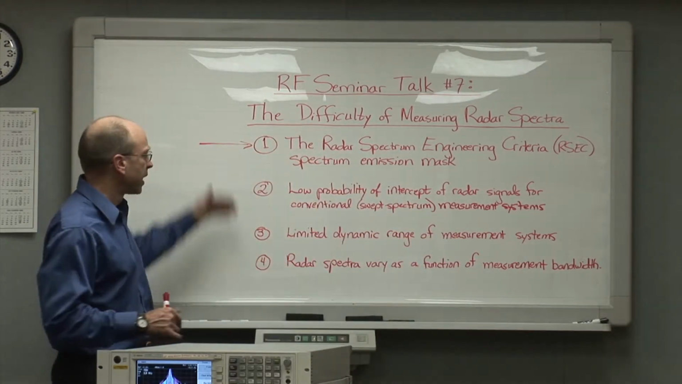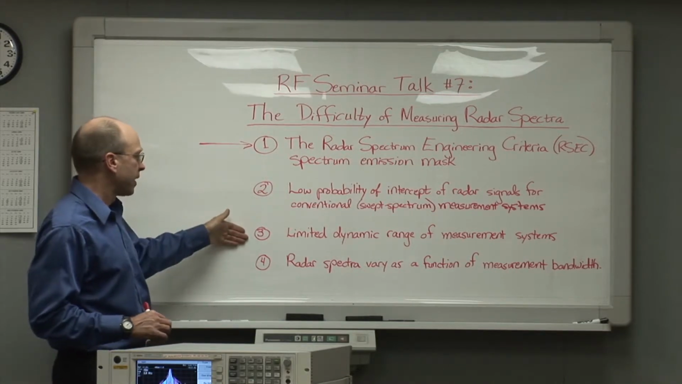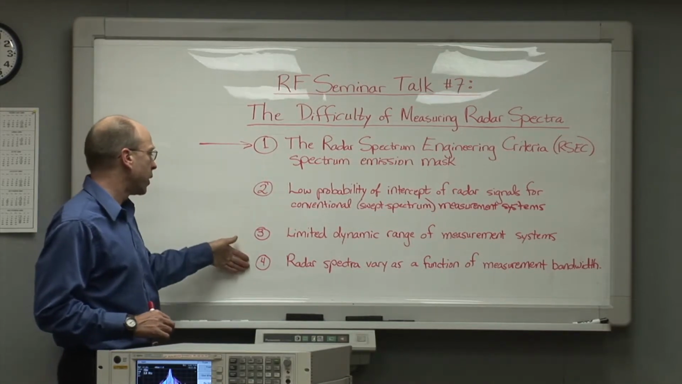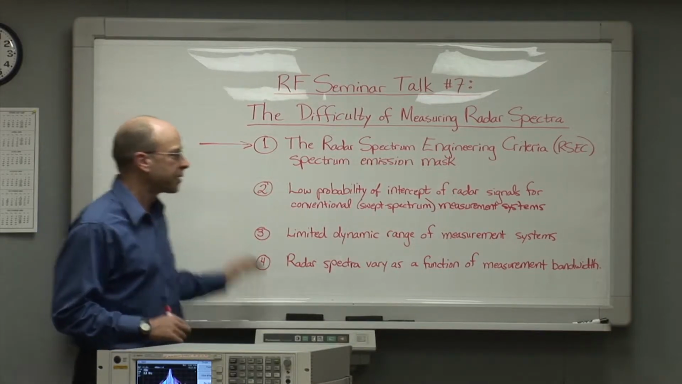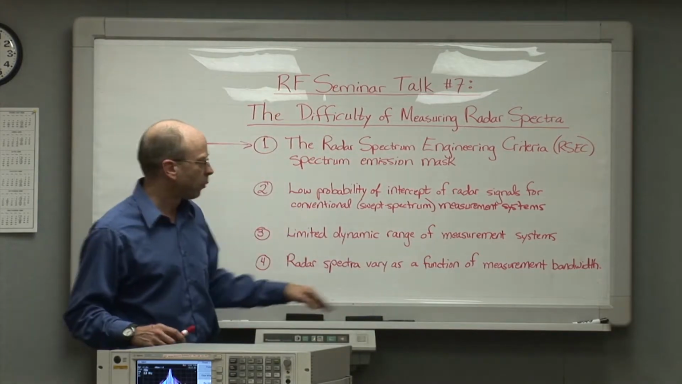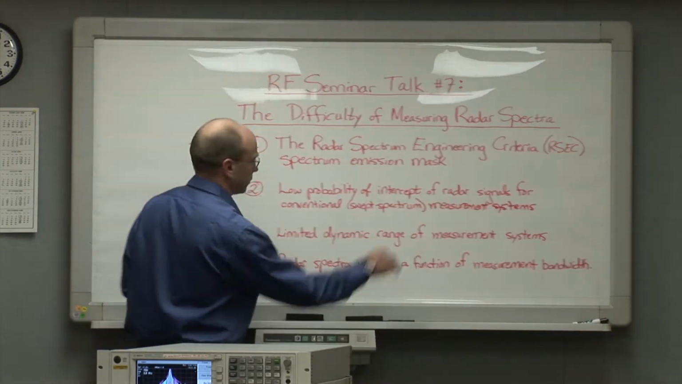And so the problem that we'll be left with today is how do we solve this problem of low probability of intercept and limited dynamic range, and the fact that we get an answer to our spectrum measurement problem that varies as a function of the bandwidth we pick, and yet we're trying to fit the spectrum under one particular emission mask. So, with that said,